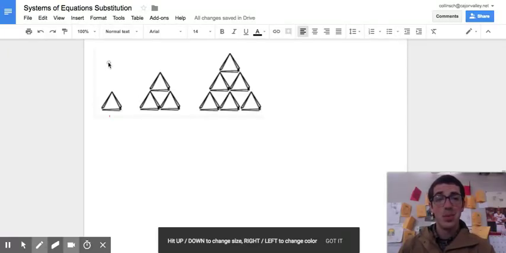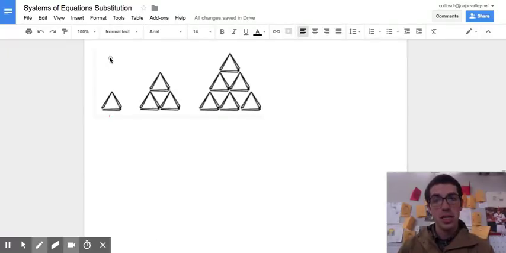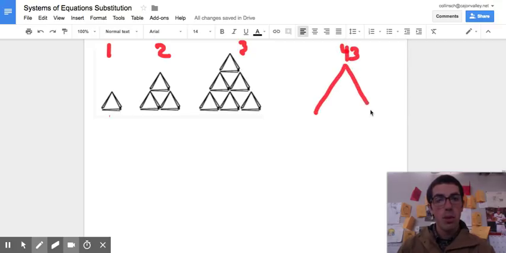Some of you guys had some really impressive thinking and really good insights into how to solve this. This is step one, this is step two, this is step three. I had one student, Anthony, who said, well, if this is a 1 by 1 by 1 triangle, this would be a 2 by 2 by 2, looking at the perimeter of these triangles. If we get all the way over to step 43, it would be a 43 by 43 by 43 triangle,